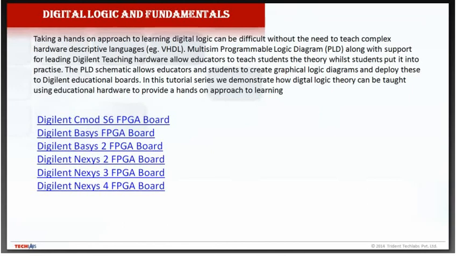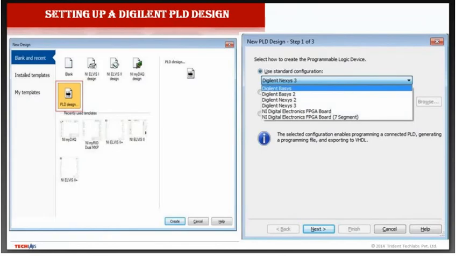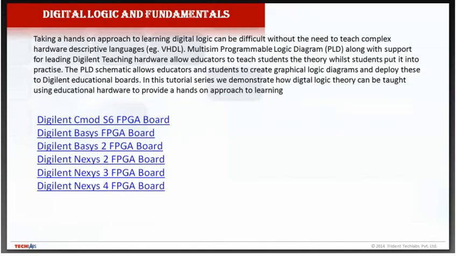From version 13, it introduced some Digilent hardware which it could integrate with, where we can design the PLD circuit, extract the VHDL and implement on those FPGA hardware boards.